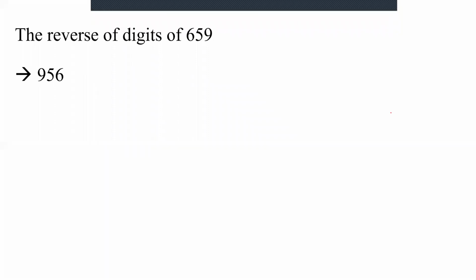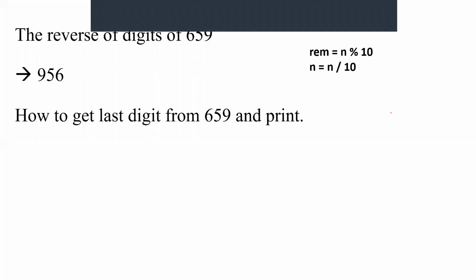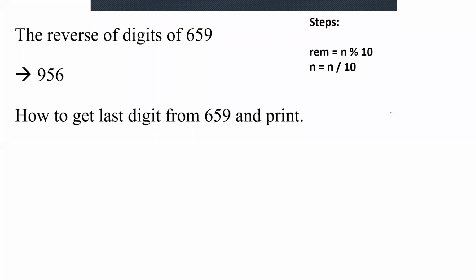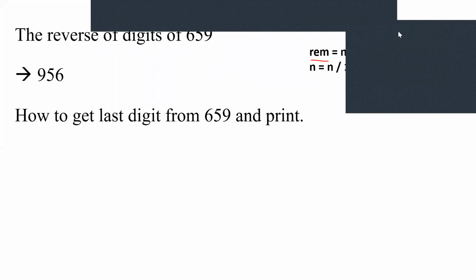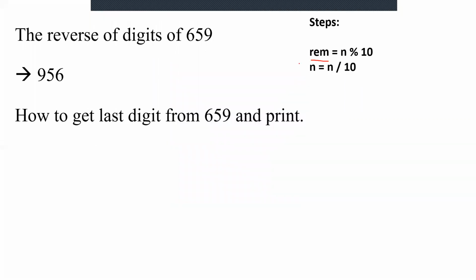Okay, 9. So you will be getting 9, and we are storing it in a variable. Which variable are we storing the remainder in? The variable name for storing the remainder is REM. Got it? And we will be using the variable called REM. So you do it in your notebook also.